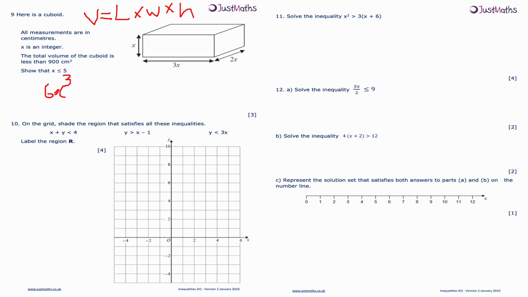Okay, 6x cubed is less than 900. Okay, so the 6x cubed, just to be clear guys, has come from x times 3x times 2x. That's giving me the 6x cubed there. Okay, I'm now going to divide both sides by 6. So I get x cubed is less than 900 divided by 6, which I believe is 150,